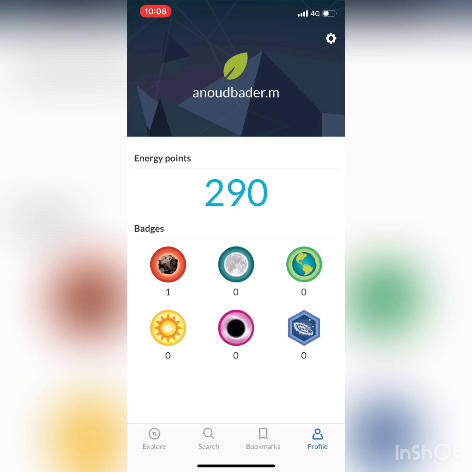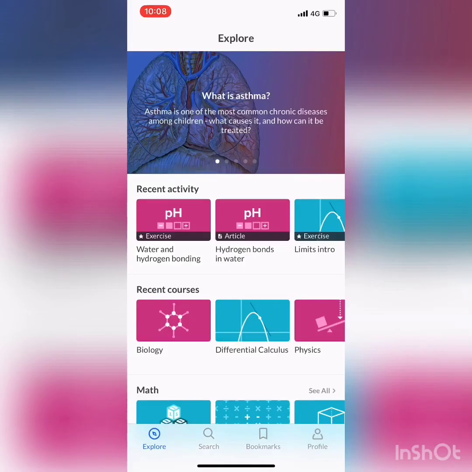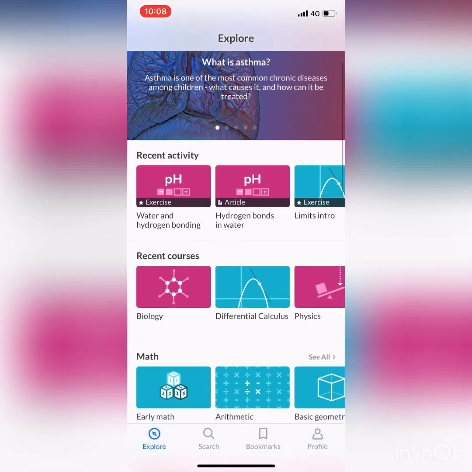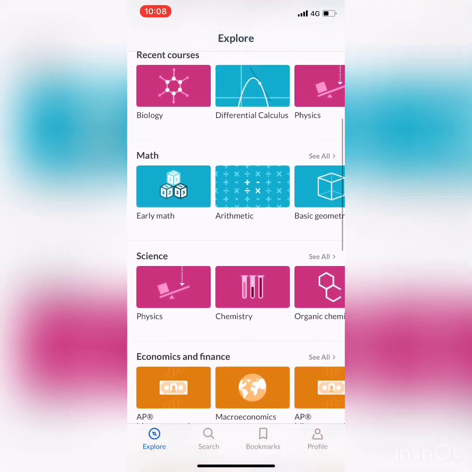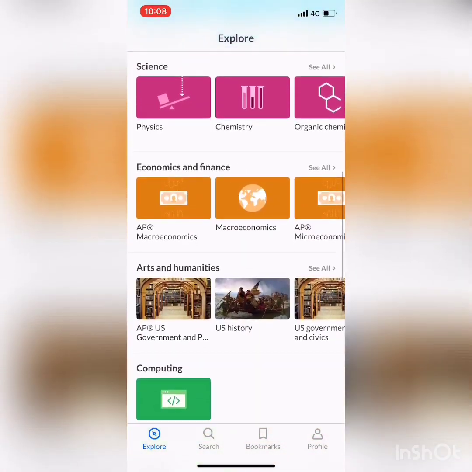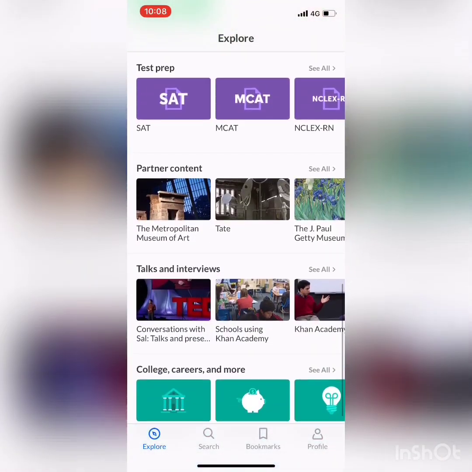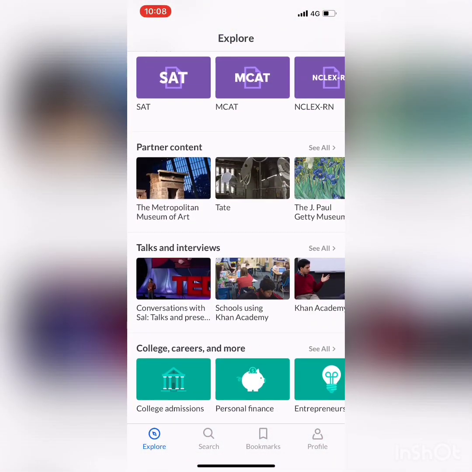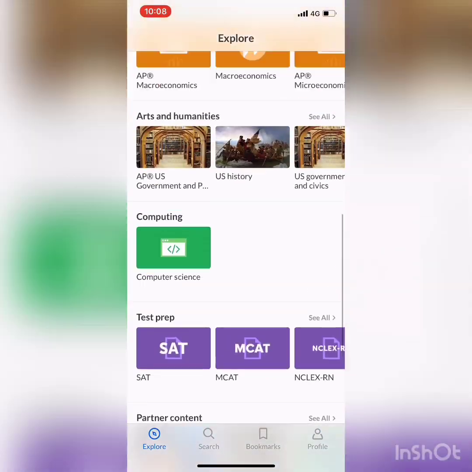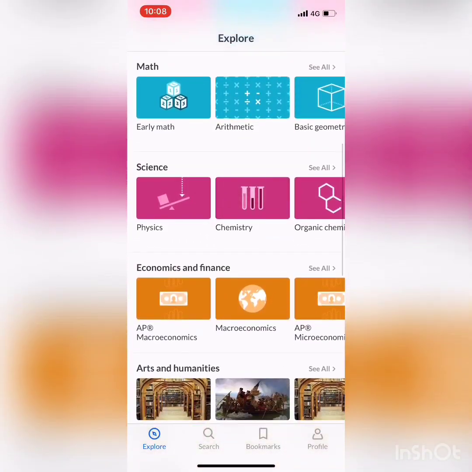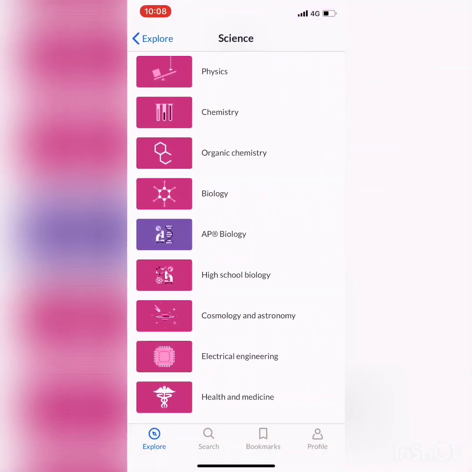Once you've signed in, it's going to show you a dashboard below, which shows you an Explore page, a search page, and a bookmark page. The Explore page, which is the home page, shows everything you need to know and the list of subjects, such as math, science, economics, test prep, and also TED Talks and interviews. For instance, we're going to click on science. In the science tab, you're going to find physics, chemistry, biology, everything